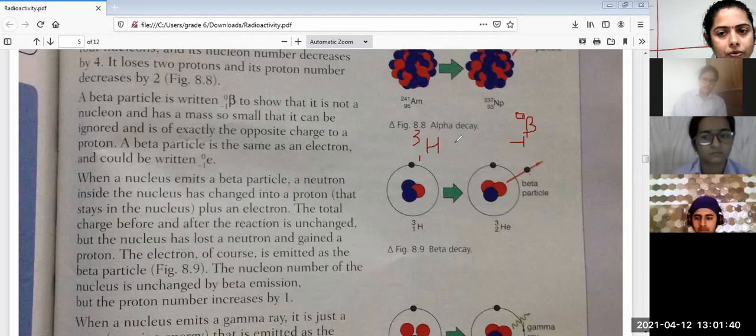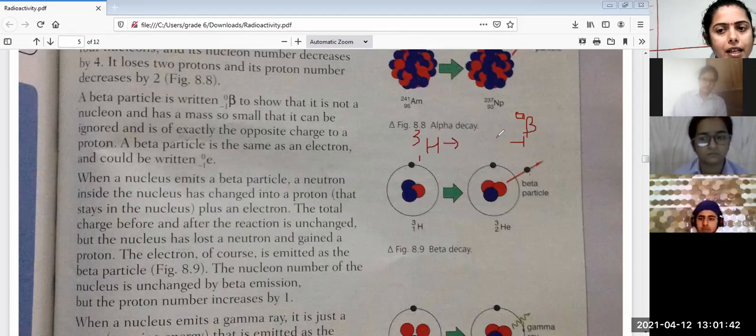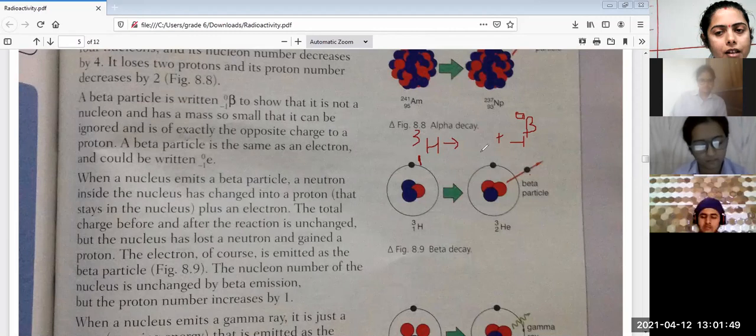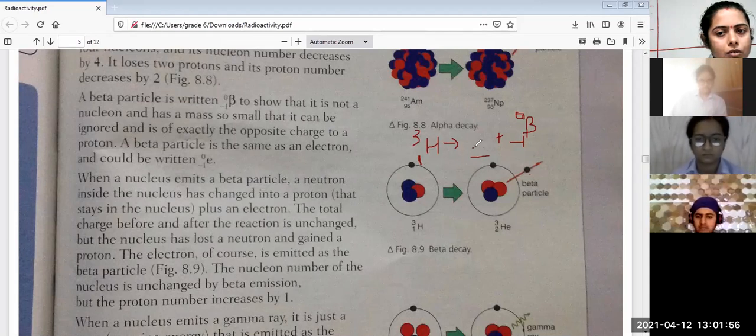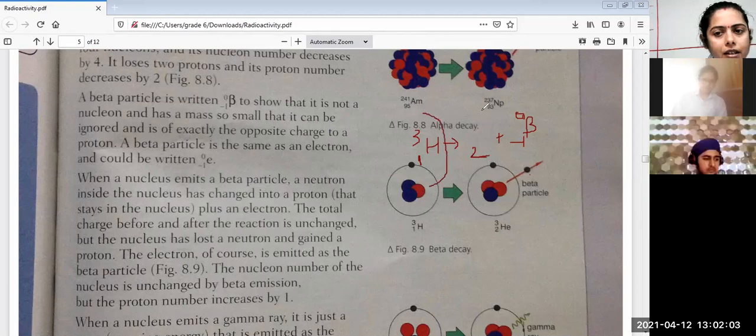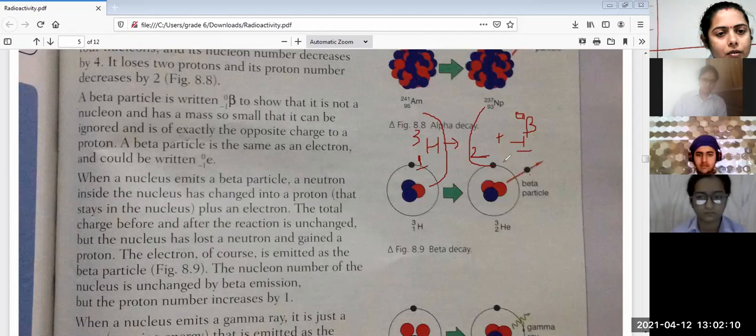So first you have H, 3 and 1. When you go with beta decay, what will you get? You are taking something. So 1 is the atomic number. Dash minus 1 gives you 1. That is 2. 2 minus 1. Balance करके देखो. This is your one side. This is your another side. Balancing करो. This side you have 1. Here dash minus 1. 1 आना चाहिए answer. So 2 minus 1.